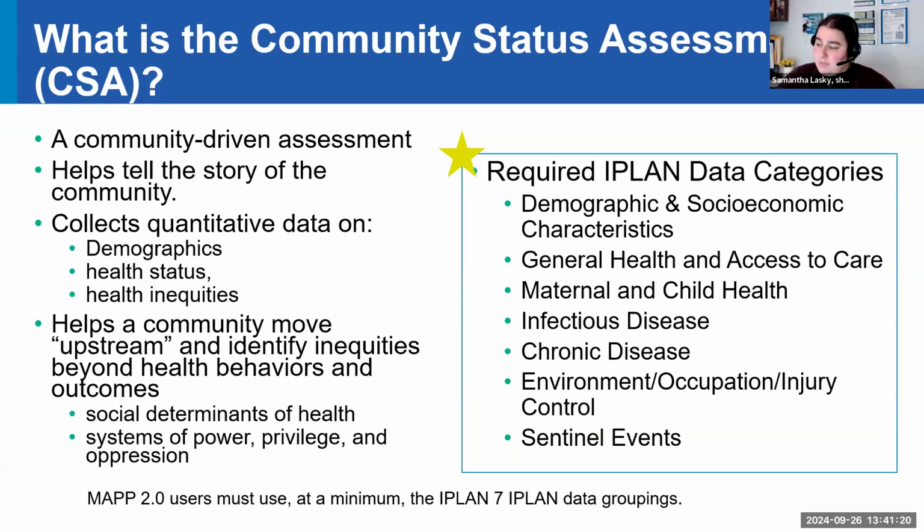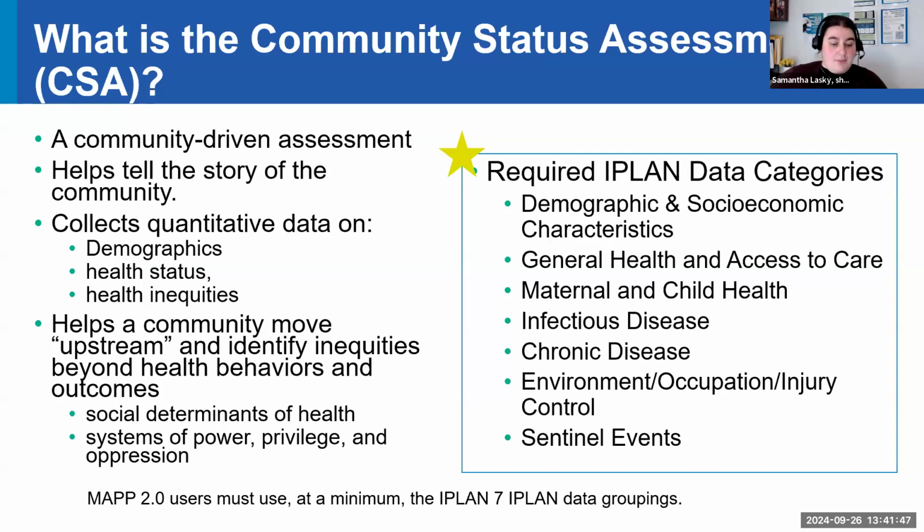By including community members and organizations that work with historically marginalized communities and people experiencing inequities, you help ensure the data reflects all voices. It should reflect your community's unique characteristics and members. On the right here, you'll see the IPLAN required data categories. These are data categories that are required, and MAP 2.0 users must use